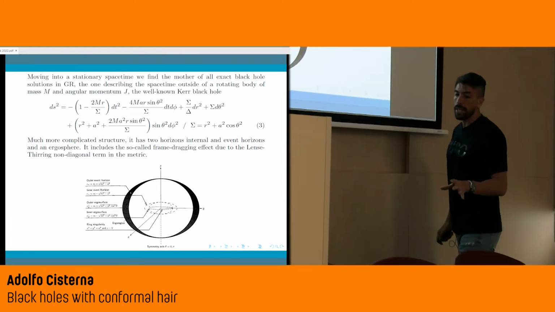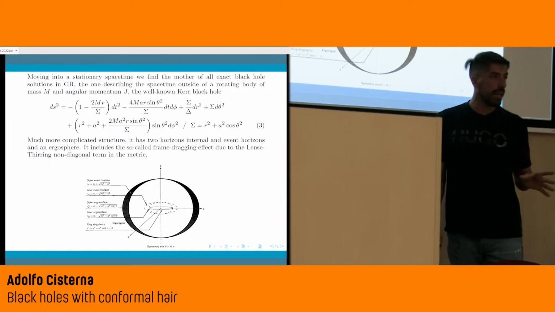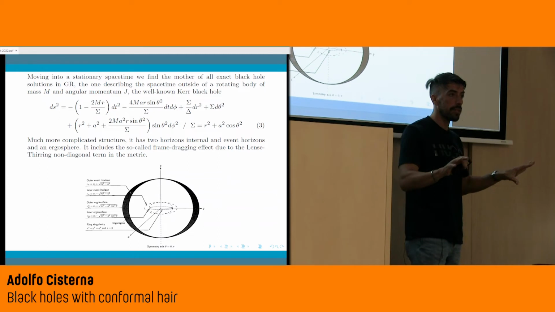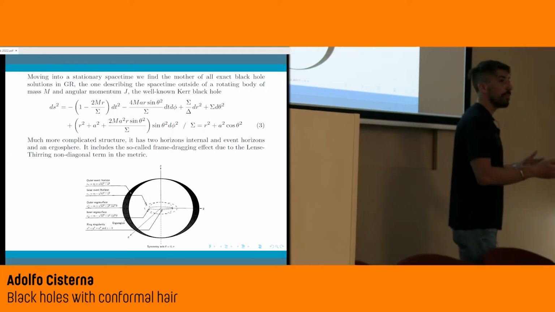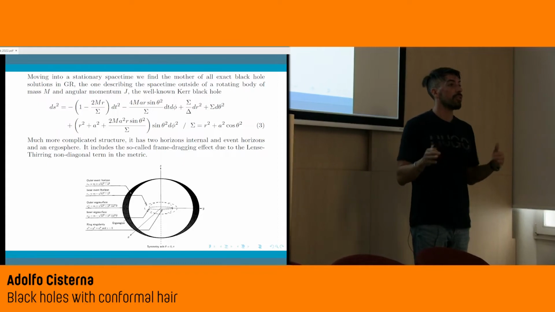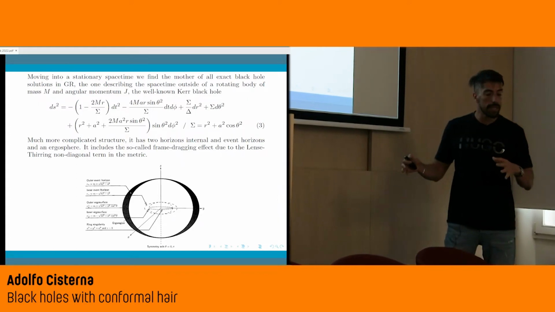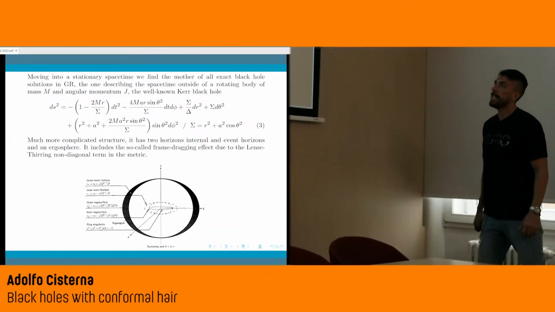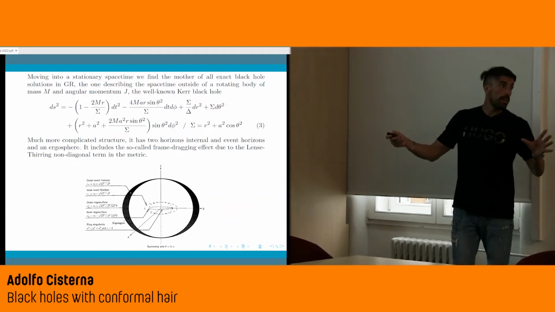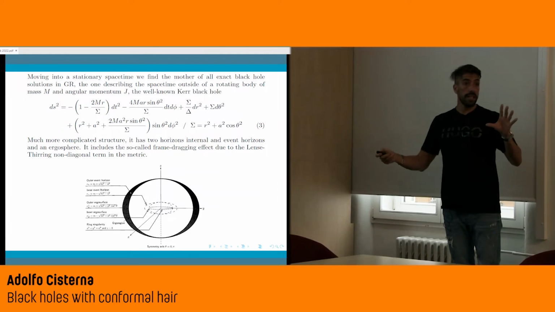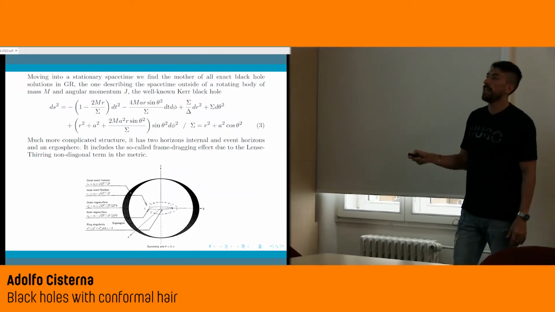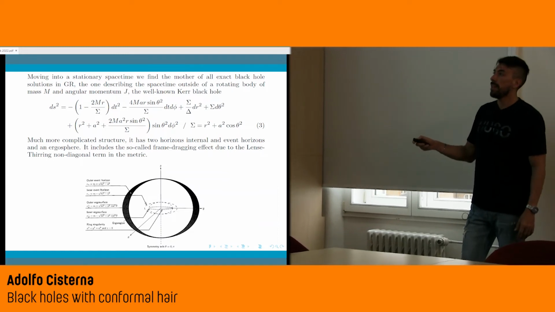Stationarity simply implies that this time-like Killing vector exists, so the metric does not depend on time, but staticity also tells me that this time Killing vector needs to be hypersurface orthogonal. Okay? This is a mathematical condition. Now, stationarity in space-time, where this hypersurface orthogonality is not being satisfied, the most general and actually the unique